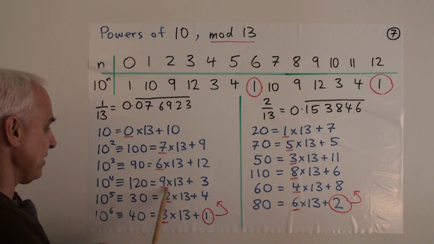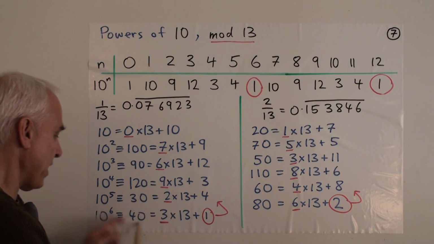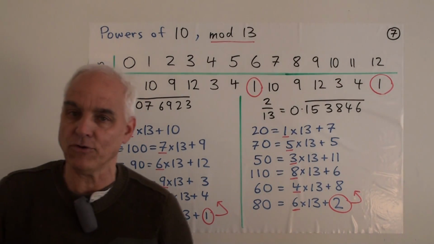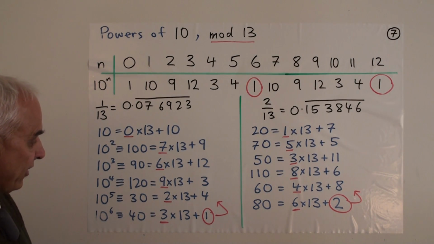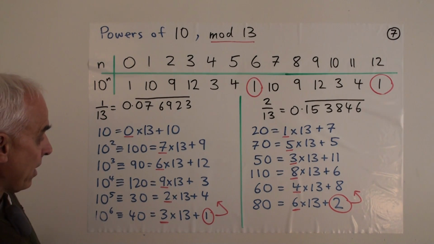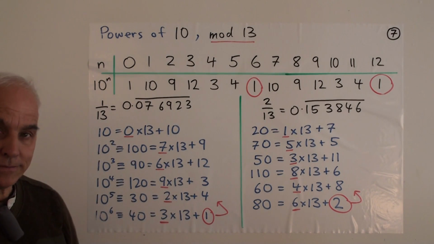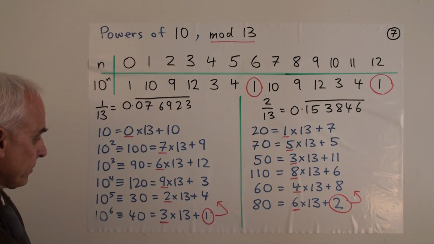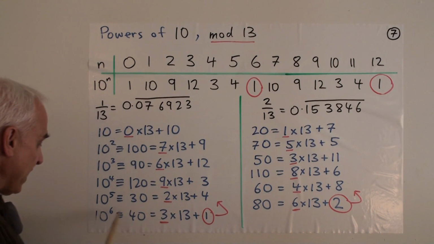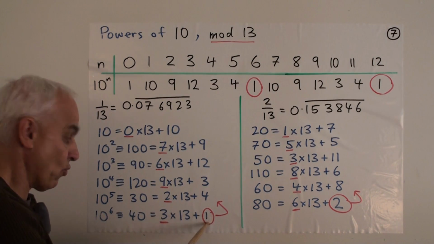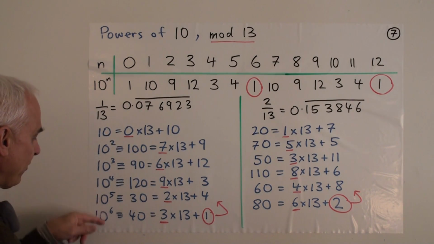And then multiply by 10, do the division, there's a remainder of 3, multiply by 10, do the division, there's a remainder of 4, multiply by 10, do the division, and finally we end up with a remainder of 1. And at this stage here, which is sort of the 6th stage, we're at 10 to the 6th, we then are going to repeat back, because if we multiply this by 10, we're going to be right back to here. The whole thing is going to repeat. So the repetition in the long division is basically a consequence of the fact that 10 to the 6th is congruent to 1. The fact that we're getting a 1 there means we're going to go back to the beginning, and that's where it cycles.